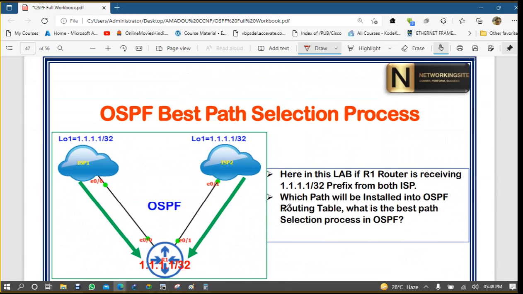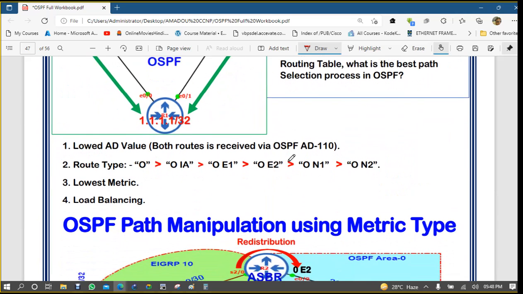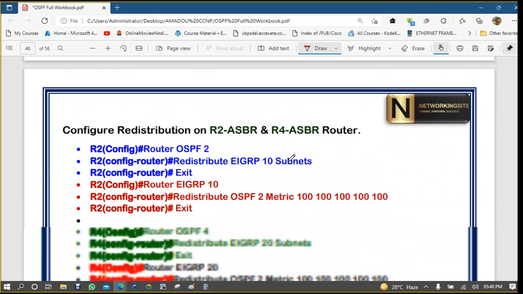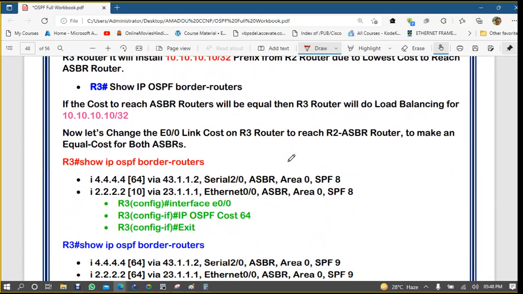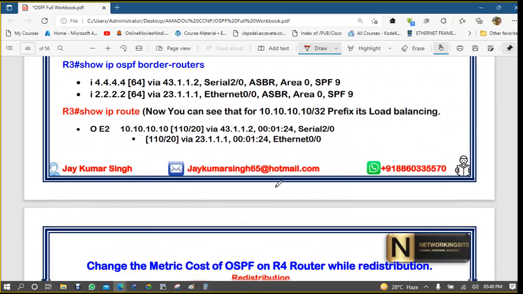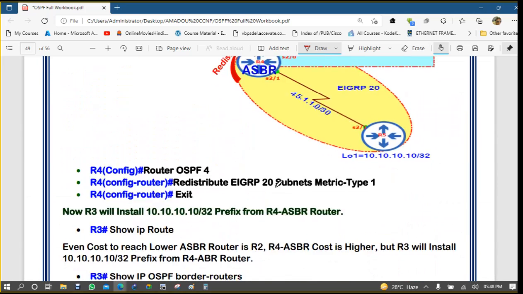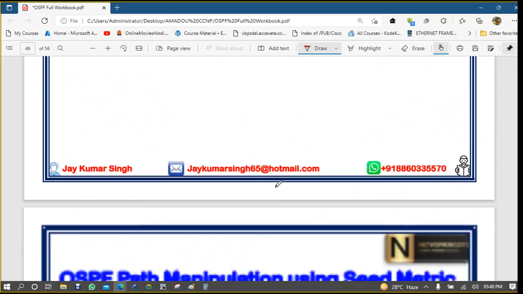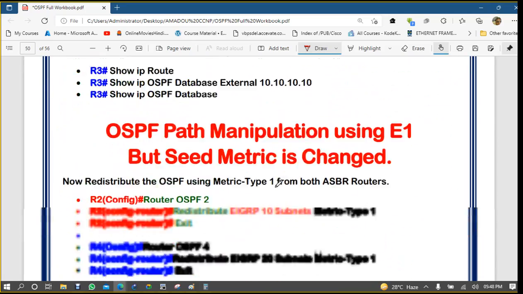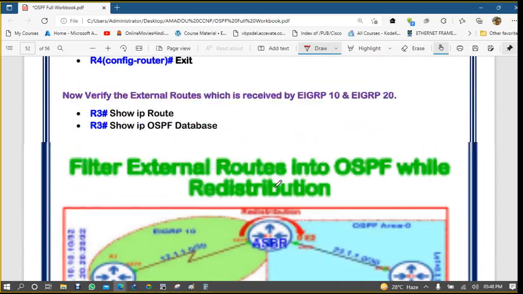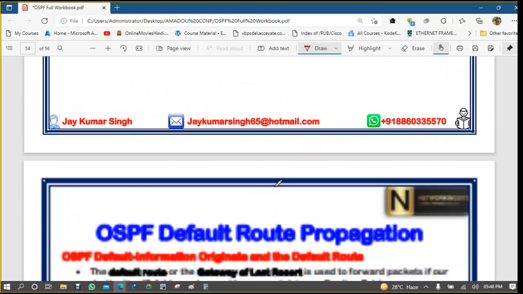Can we do OSPF best path selection and all these things tomorrow? Because I don't want to miss anything. Still something is there. I cannot say that you do it on your own, because I have to explain it to you to work on this, right? And filtering is almost finished. Almost it's done. Means tomorrow we will be